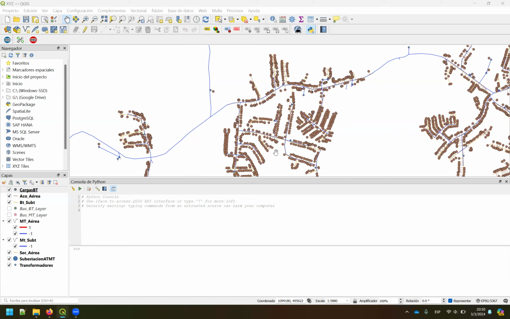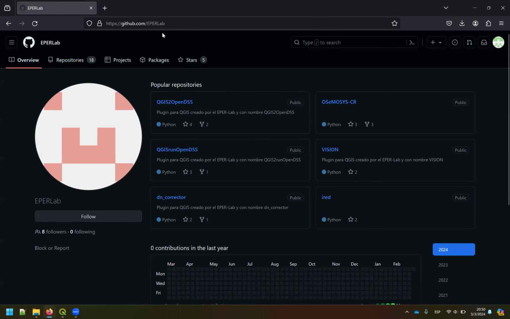So what we are going to do here is go through the basic steps in order to install the plugins into QGIS. Then I'm going to share with you an example circuit that has all the minimal requirements that are necessary in order to build the circuits. And then I'm going to run a simple power flow just to check for the power losses of the circuit, okay? So the first thing you have to do is go to this GitHub, that is the EPER-Lab GitHub, and